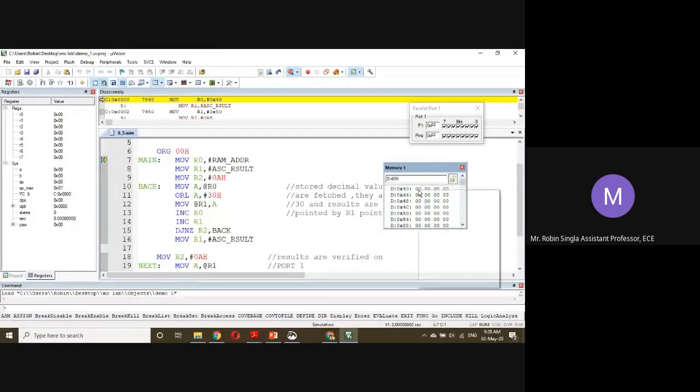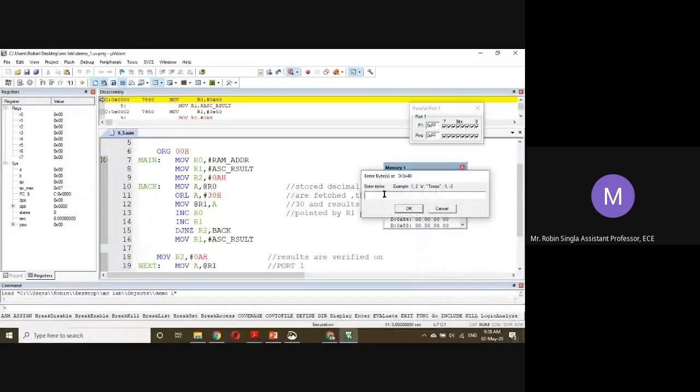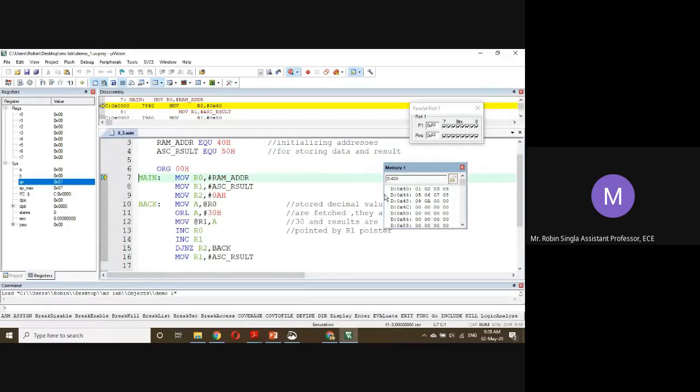You have to give 10 numbers, so I will give 10 numbers here. I have given 10 numbers starting from location 40. So we'll see it now.